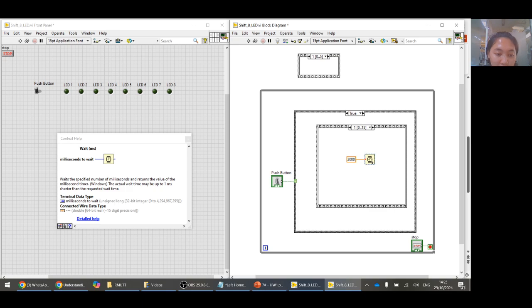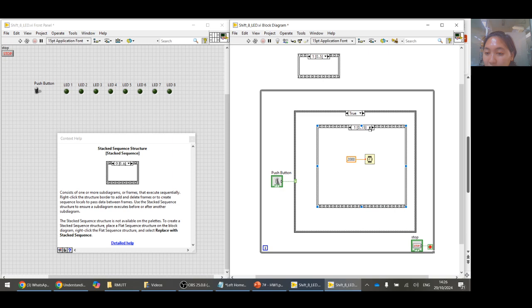Wait the specified number of milliseconds and returns the value of the millisecond timer. The actual wait time may be up to 1 millisecond shorter than the requested wait time. And then for the next frame,